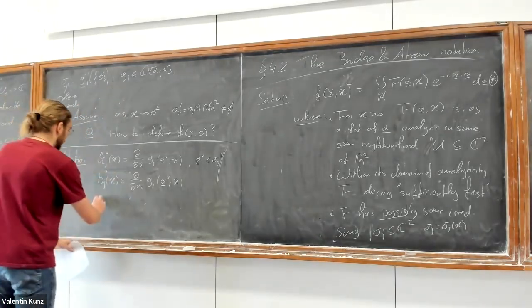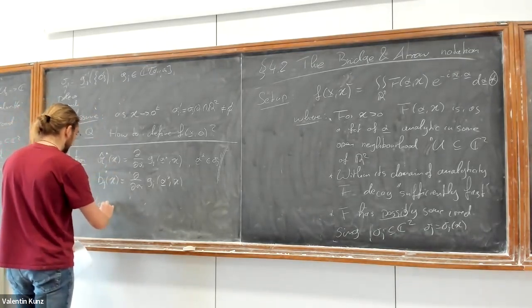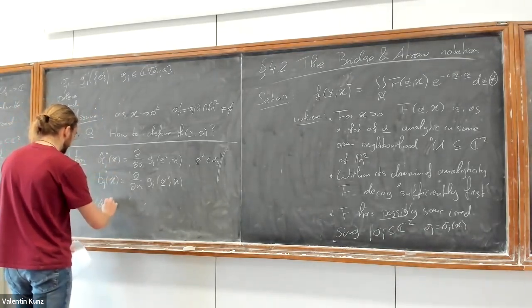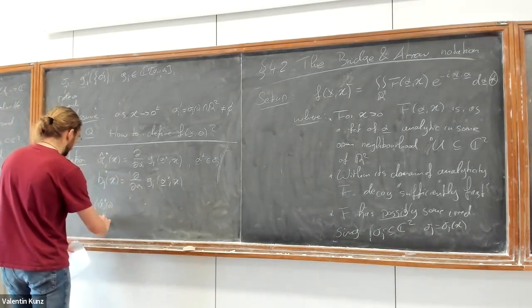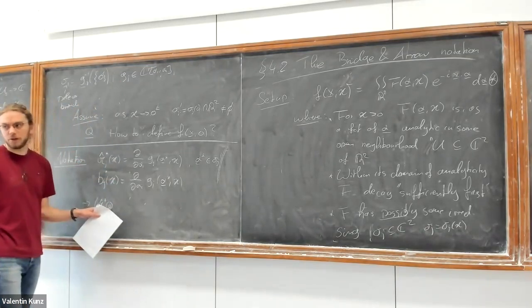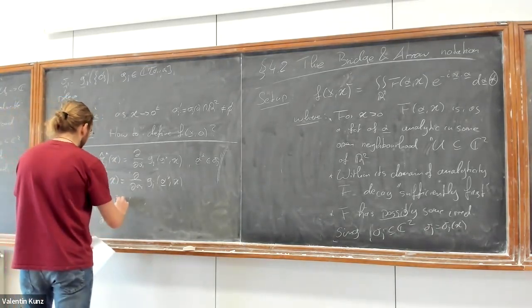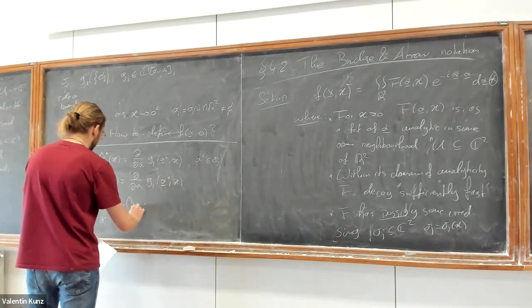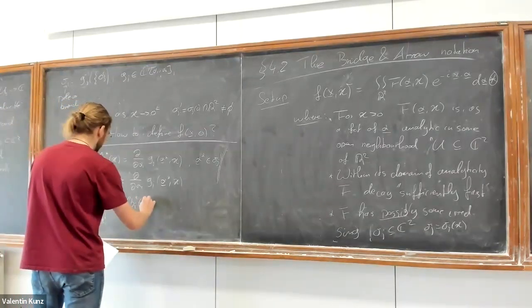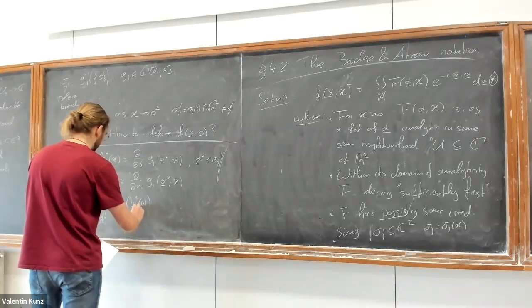So, long story short, this means that Aj of 0, which we will just call Aj, so whenever we have 0, we just don't bother writing the arguments. So this Aj of 0, which we just say is